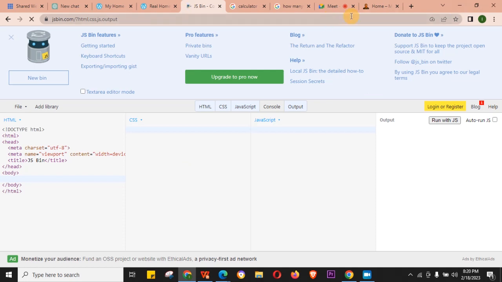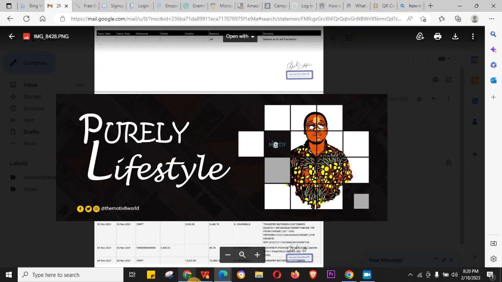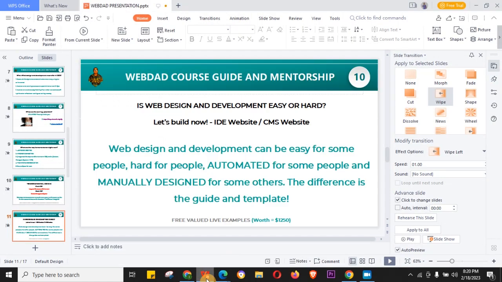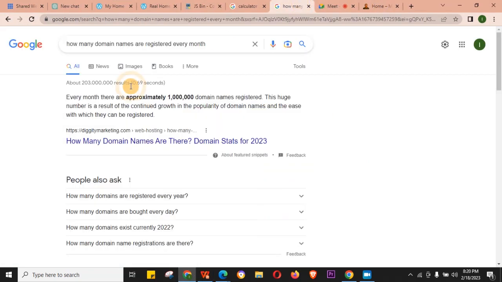So I think with this, we've come to the end of the illustrations, right? And showing you how monetizable it is, the potentials, how many domain names are available for you to work with, the tools that are available to work with, how fast you can be. It's obvious that the market is open and it's fresh and it's available for anyone who just has a system